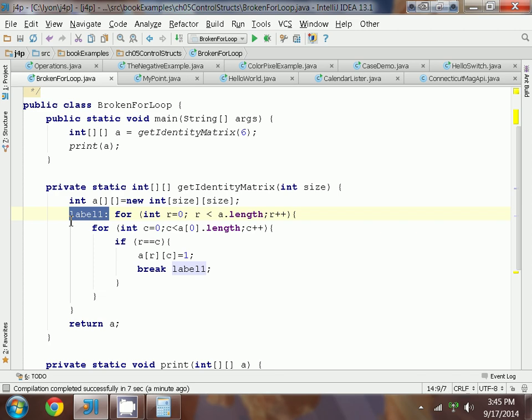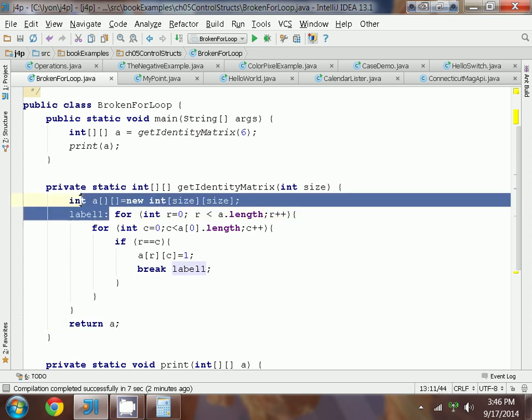The only other thing that I would do that's a little bit different is I would point out the getting of the identity matrix. When you get the identity matrix, how do you get it back? And the answer is you do a return. That return can appear anywhere inside of your code. So it's another way you can do a sudden change in control. A lot of times if you have multiple returns inside of your code, they don't feel like it's structured, but Java permits it. So if you wanted to, instead of breaking at this label,